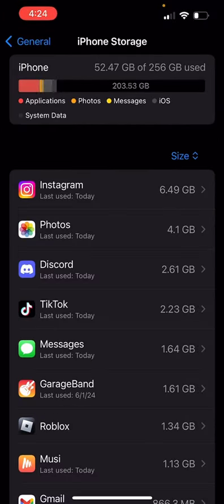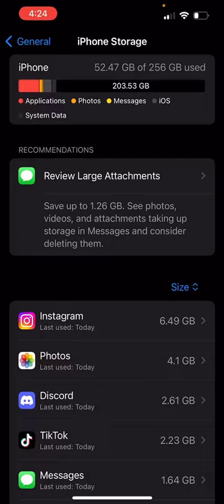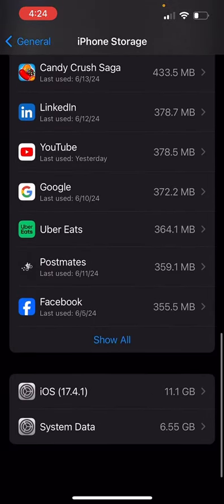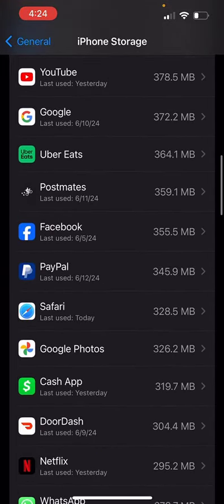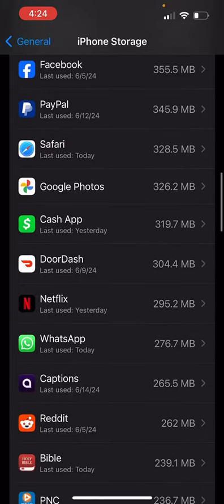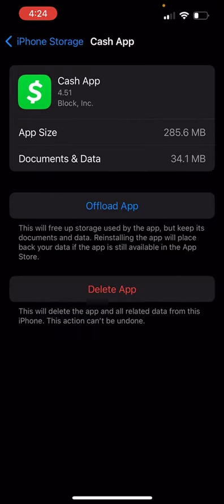And once you click that, you want to scroll down until you see Cash App. Cash App's right there. Click on Cash App. And because on iPhone you can't clear cache data unless you delete the app or you